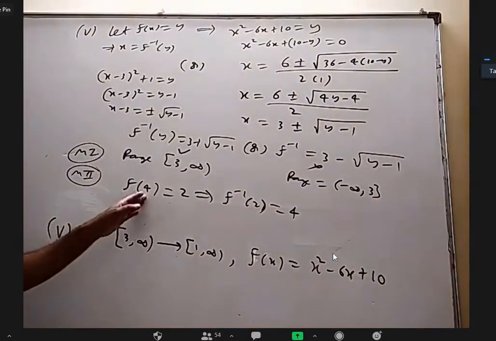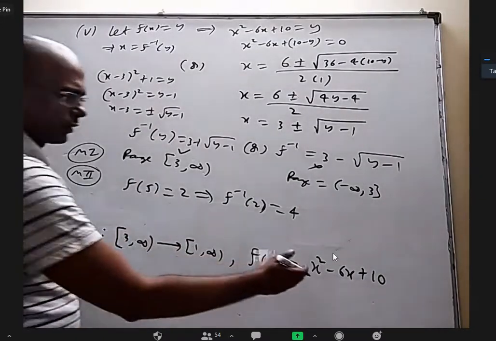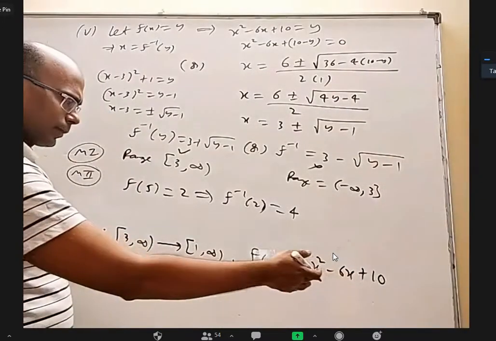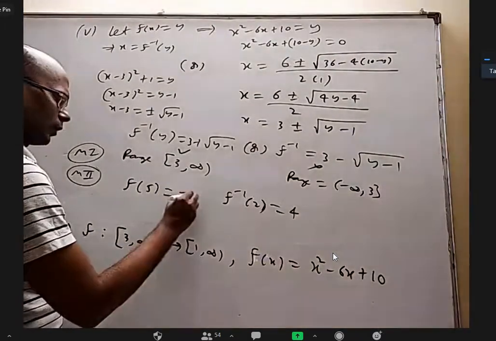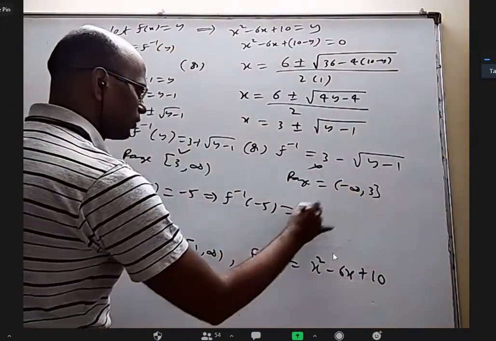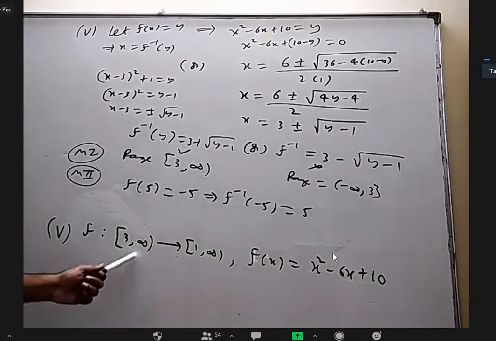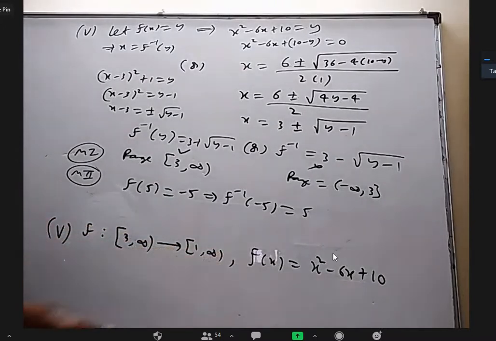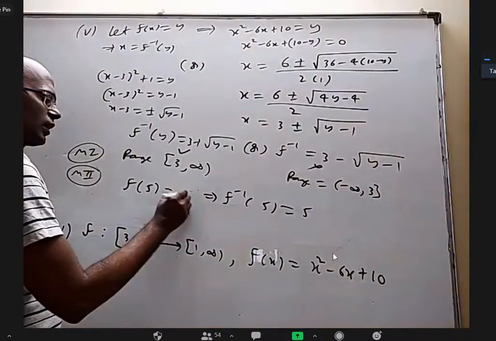I took only one example. You can take some other example. Let us say somebody takes 5. What is f of 5? 25 minus 30 plus 10, that is 5. Then from that you can say f inverse 5 should be 5. Something is wrong; what is f of 5, by the way? Plus 5 only. Okay, plus 5. So f of 5 came 5 only.